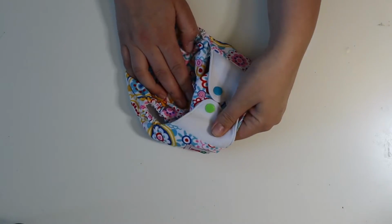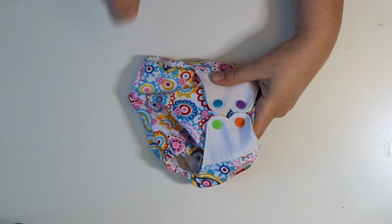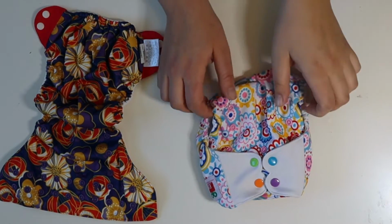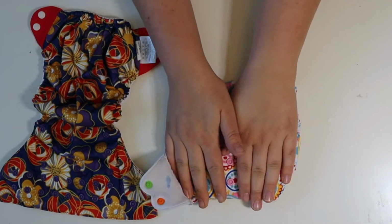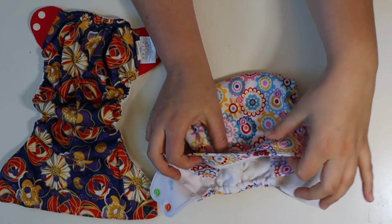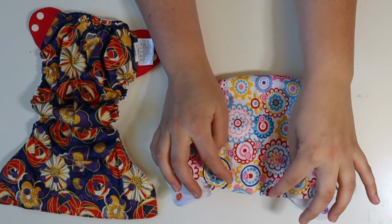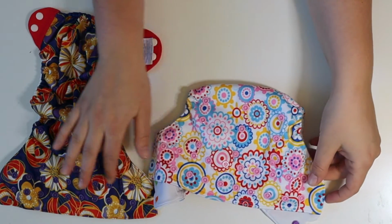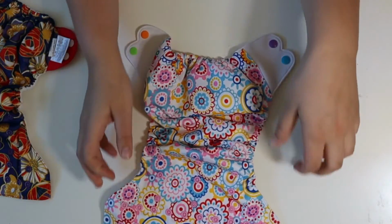So the snap version is very similar to its all-in-one, except it has a pocket. Oh, what do we got here? Some stitching. This is a bumGenius 5.0, and so we've got a very similar diaper. I mean, this is the latest update, but in case you want to compare. 1, 2, 3, 4, 5. So we got 10 rise settings here, 3 hip, and